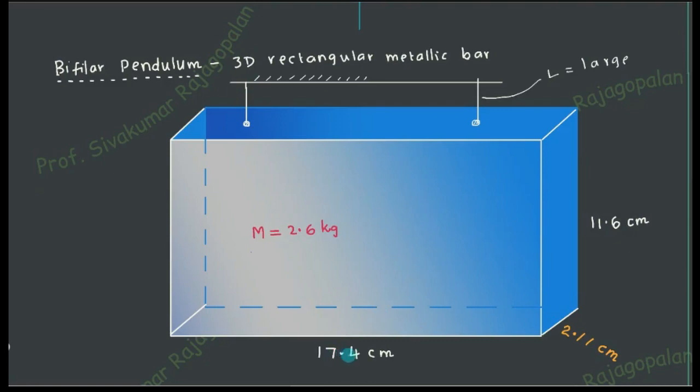So you have the 3 elements, right? Length, width, and height. These 3 values in practice, if you are going to do the experiment in the laboratory, you have to use a vernier caliper and measure them, and then write down the least count, etc. All this calculation you will be doing. But now since you are going to take these readings and learn how to substitute and get the answer, I am providing these numbers right away. Even the 2.6 kilogram, actually in the laboratory, if you come to the lab and do the experiment, you have to remove the screws here and then take it to a weighing machine and measure the mass here.